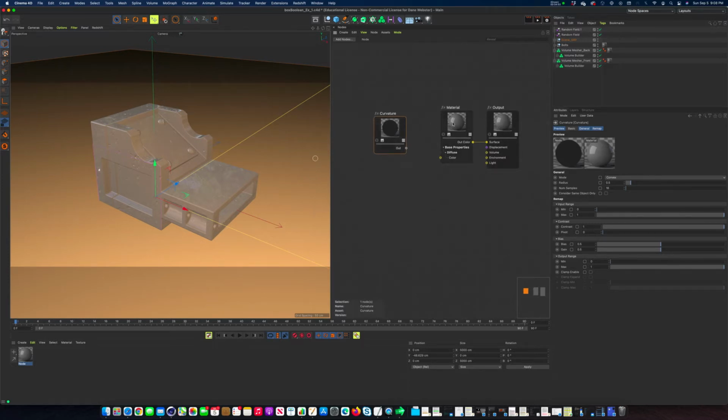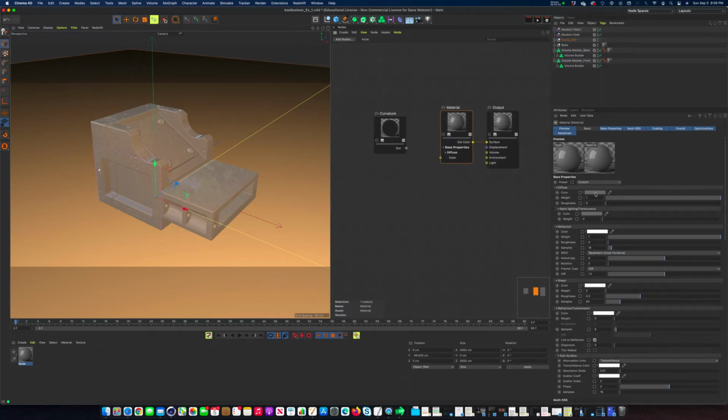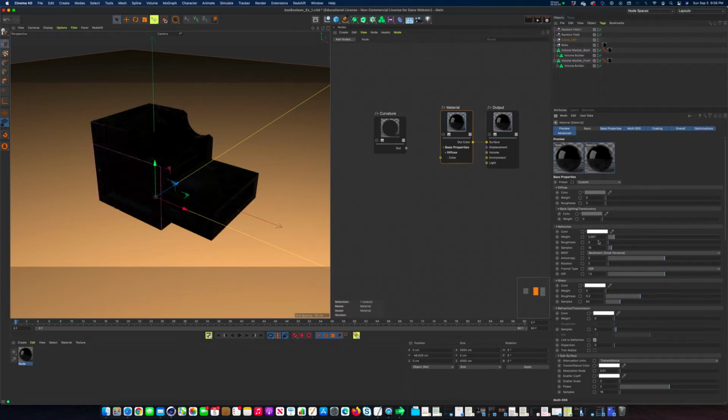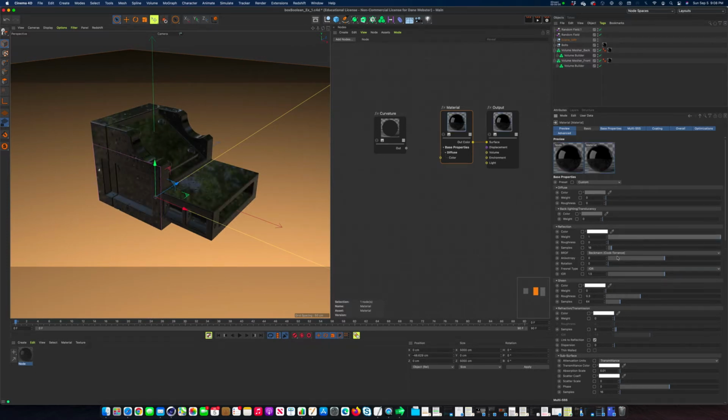So we have looked at the idea that here's the diffuse color, right? I can make something more or less diffuse. If I turn this to 0, I get a black object, and of course, because the reflectivity is all the way up here, I get the reflection. I can also make the reflection blurry, right? I can turn these things. So we've talked a little bit about, right? The weight is the amount of this thing, and the color is